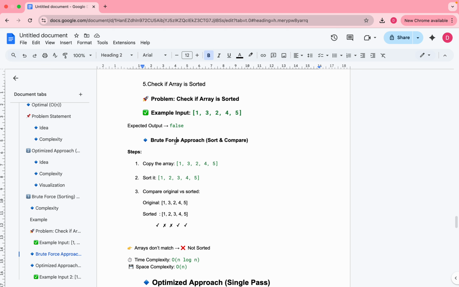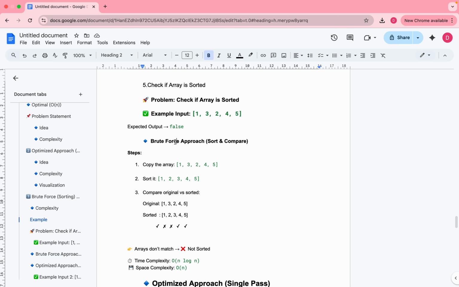So we are going to consider ascending order. As of now, we can check for descending order also. So the problem statement is that we have to check whether the array is sorted or not. In this video we are going to solve this problem using two methods. First we will see the brute force, and then we are going to optimize that solution,